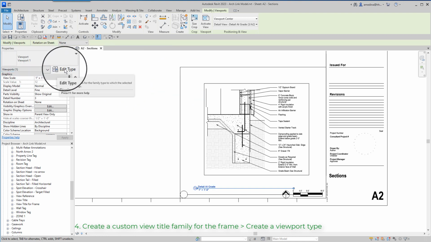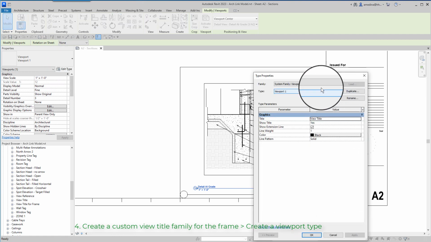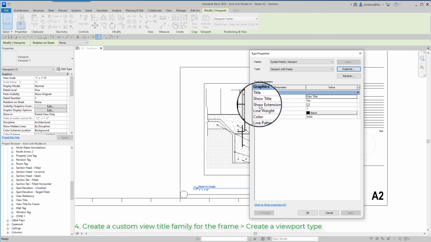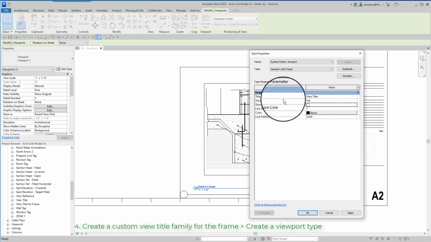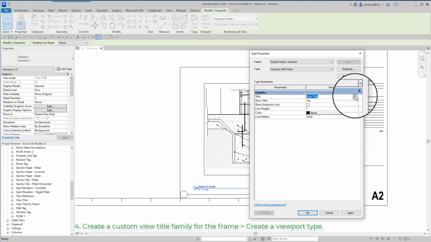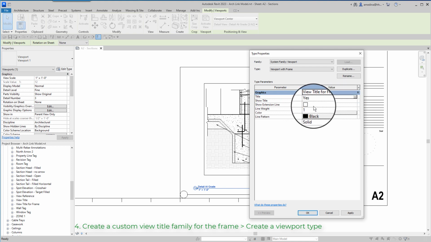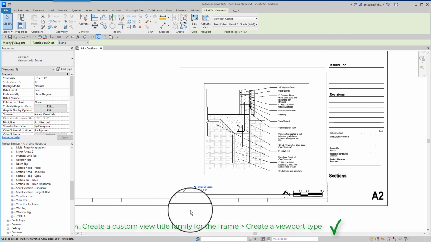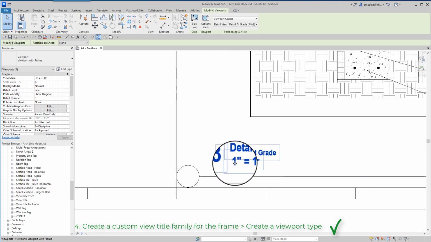and instead of using the default viewport type, which is called viewport 1, I want to create my own viewport type like this. Duplicate, and I call this viewport with frame, and I say show extension line no. For title, use the custom view title for frame family, and I can leave the other parameters as they are. Let's click OK to this,